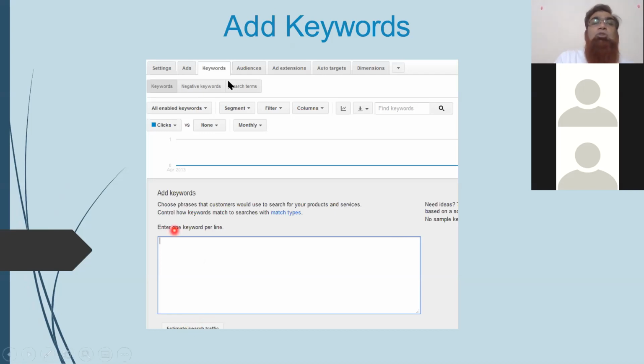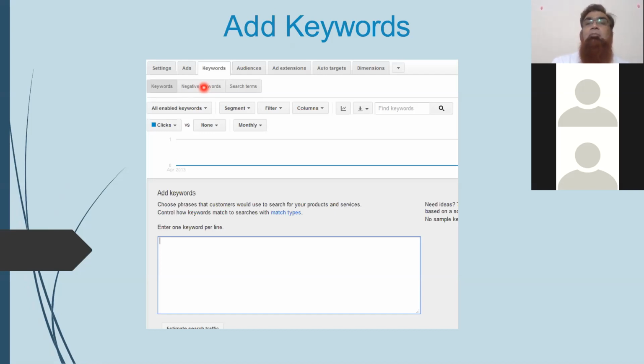You will also get an option to choose negative keywords. Say, for example, there is a shoe manufacturer who wants to attract customers who can buy shoes, but doesn't want his ads to be visible to people who are searching for employment, searching for jobs, or who are material suppliers to shoe manufacturing companies. So you click on negative words and you can submit keywords like jobs, careers, suppliers, or any other relevant keyword which you want.